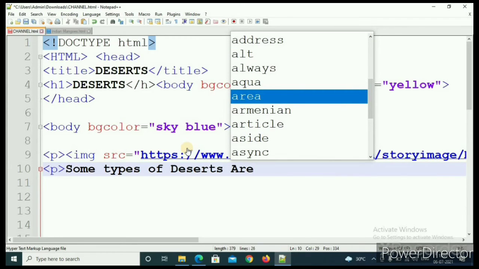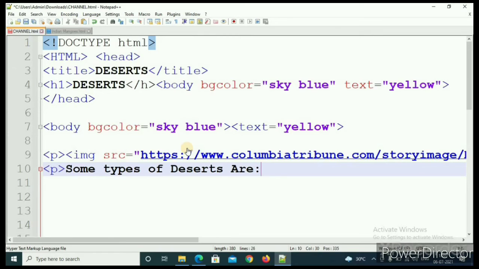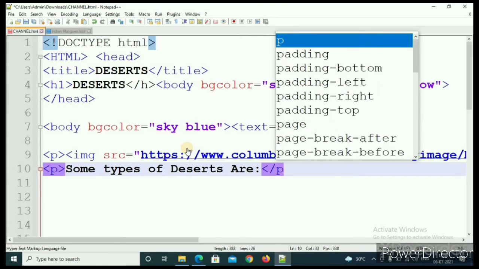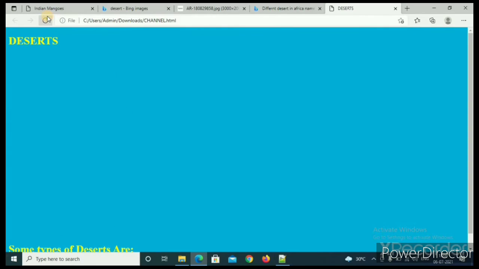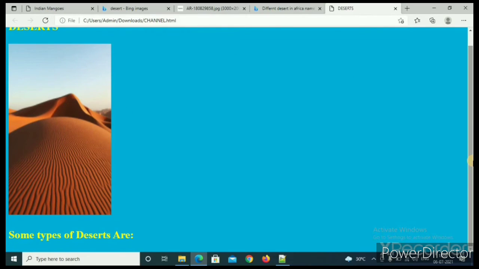then colon, and then one thing is you have to do that, you have to end this paragraph, because as you have written in copies and all, you have written this starting to give a perfect answer. Okay, so I will end this paragraph. So for ending, then again press this and then this. Okay, then press Ctrl plus S to save, and then press this one. Then you can see it's done.